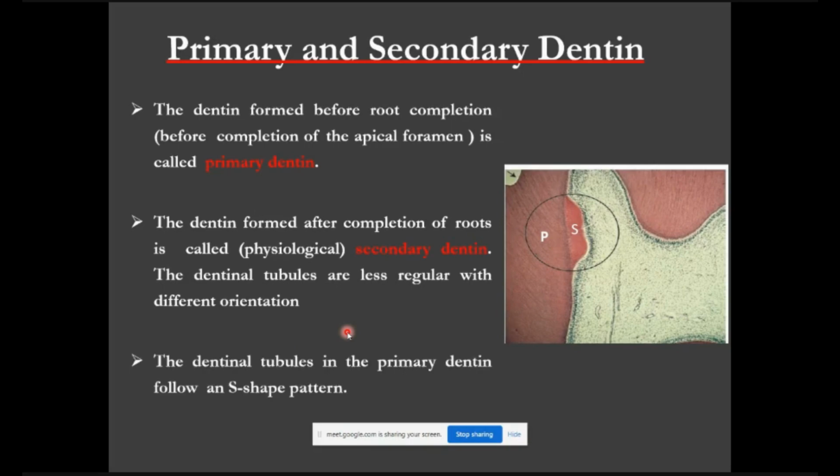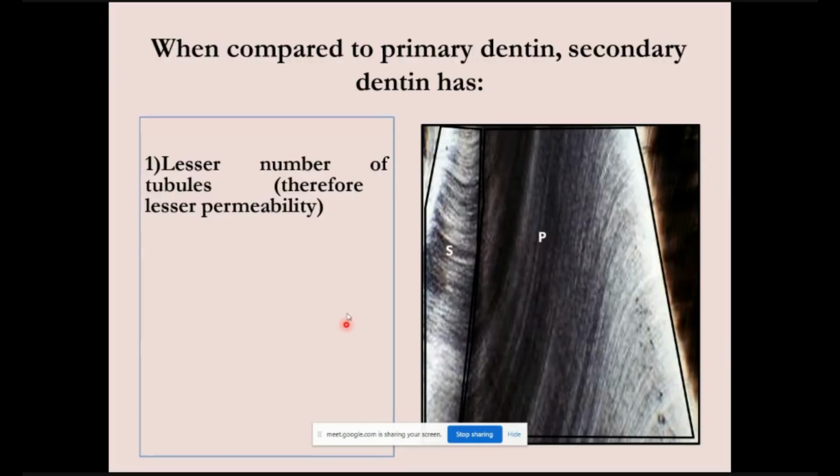And this we already know, dentinal tubules in primary dentin are very organized. They are in an S-shaped pattern. And there are a few more differences. This is the primary dentin. You can see the S-shaped arrangement, and this is the secondary dentin. There are fewer tubules. Even in this image, they're kind of wide apart, whereas here they're very closely arranged with each other, which basically means that they're more in number, and that's why they're so closely spaced. Whereas in secondary dentin, they're fewer in number, and that is why it has lesser permeability.